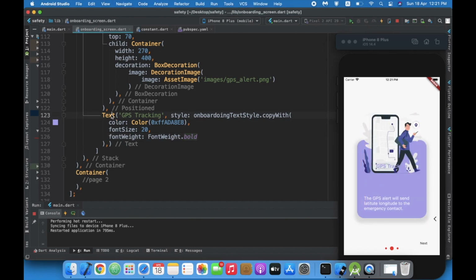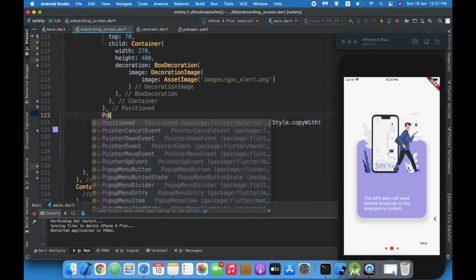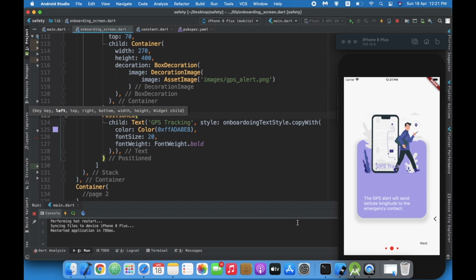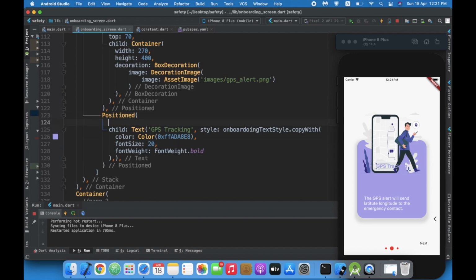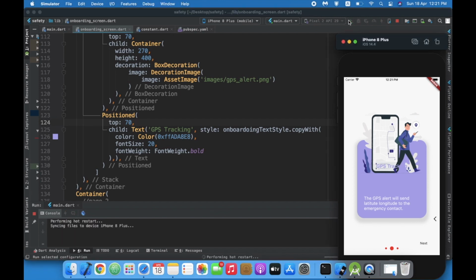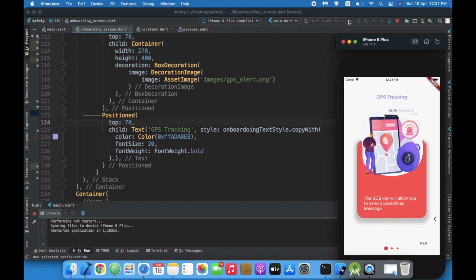okay, let us give positioning, because the text is over here, GPS tracking, and we want to shift this on top. So positioning I will give top 70. I think 70 would go nicely.